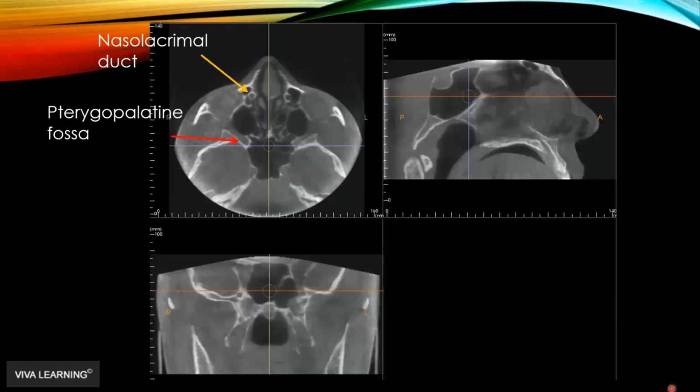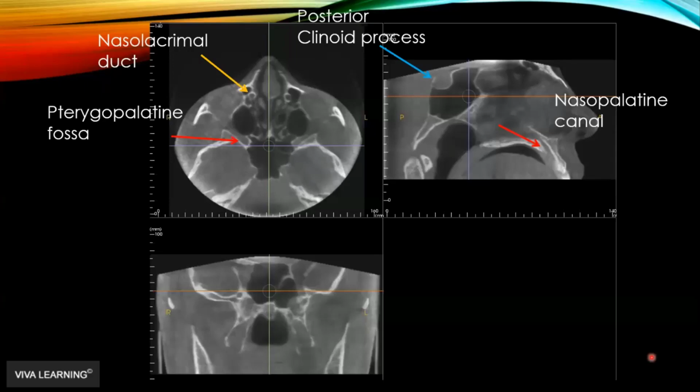The nasolacrimal duct actually comes from the middle canthus of the eye, and it goes down and drains into the inferior meatus, and you'll see that sometimes as a nice circle. This is the nasopalatine canal, as I mentioned earlier. That's the posterior clinoid process that we saw in our skull base, and the sella is just anterior to that. That's where the pituitary gland lives. Again, important landmarks for the